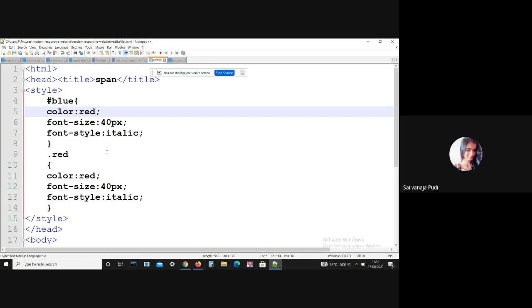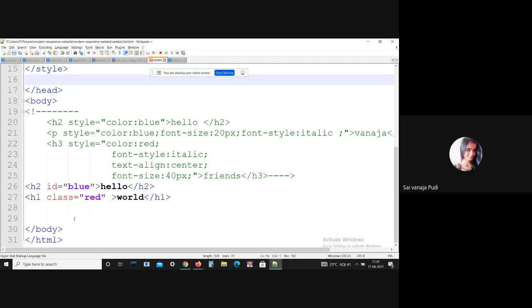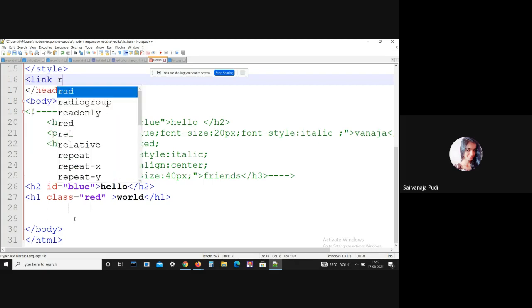How can we attach the CSS file to the HTML file? We can link the CSS file to the HTML document by using the link tag. After the head tag, here I want to link. That is link.